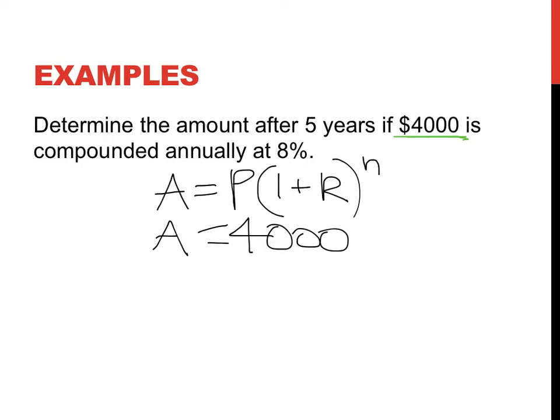Then I need to take 100%, so 1 plus my rate. My rate is 8%. If I write plus 8, I am doing something wrong. What am I doing wrong? 8% and 8 are two different things. 8% as a decimal is 0.08. Brackets, what's the number of time periods? 5. If you get your calculators out and type in 4,000 brackets 1 plus 0.08 to the power of 5, you will get an answer altogether of